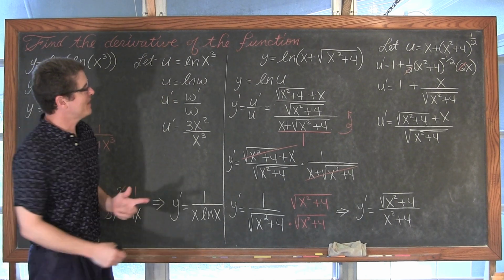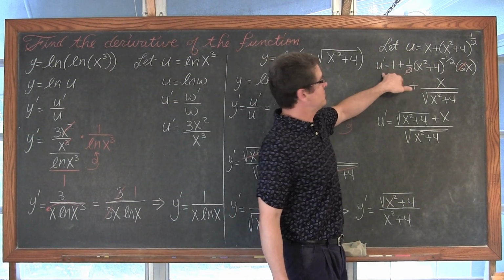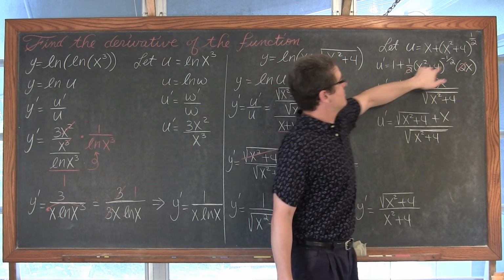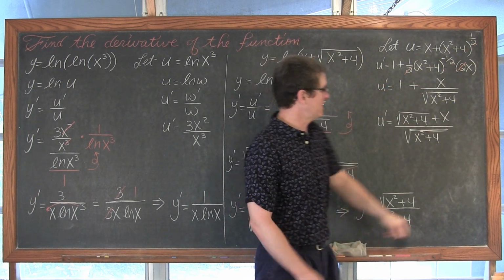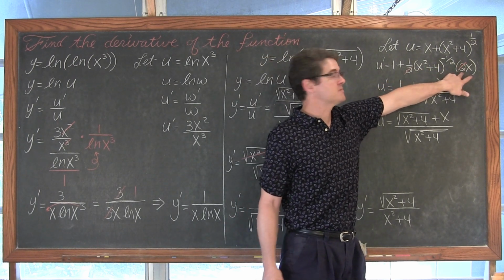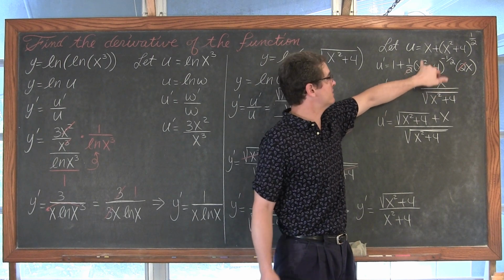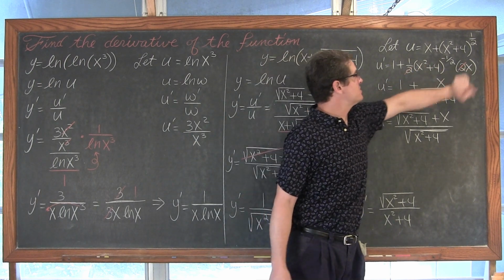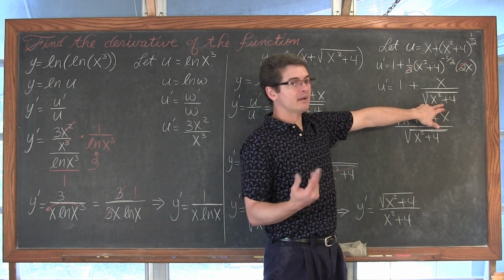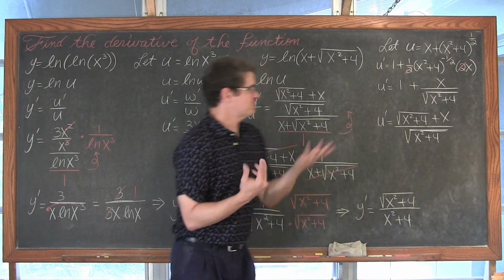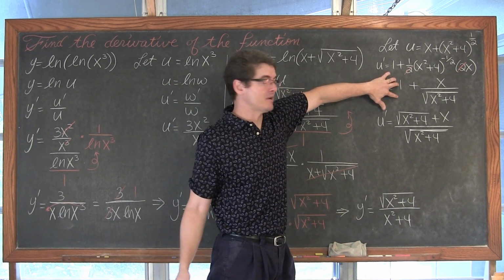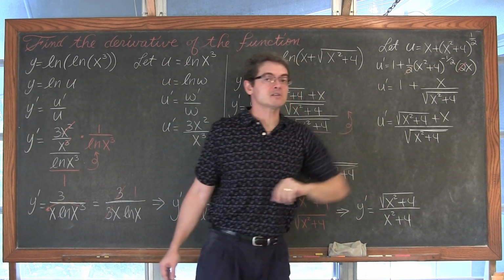So with this one over here, when we found u prime, we of course had to use the chain rule. We had a 1/2 from the power out front, reduce that power by 1, and we had 1 plus 1/2 times x squared plus 4 to the negative 1/2 times 2x, the derivative of the inside function, the derivative of x squared plus 4. The 1/2 and the 2 cancel out. We need to drop that negative 1/2 into the denominator and write it back in radical form, because at this point, besides finding common denominators and such, we're not going to really work with it much. This 1 over 1, we need to find a common denominator, of course, so multiply top and bottom by the square root of x squared plus 4.